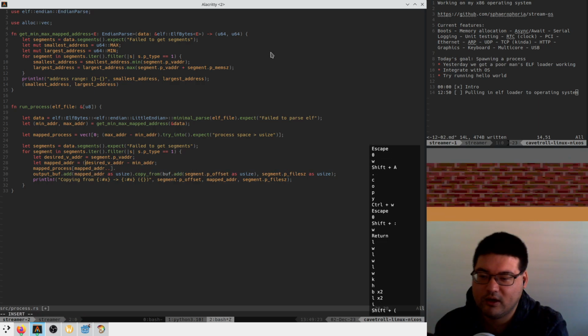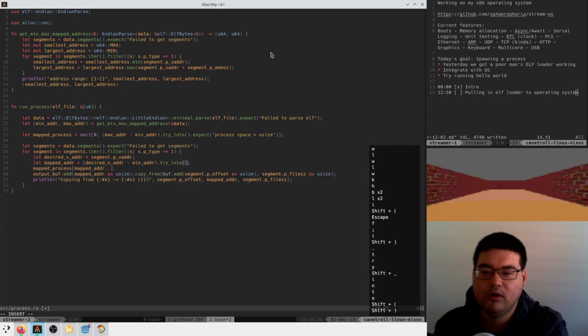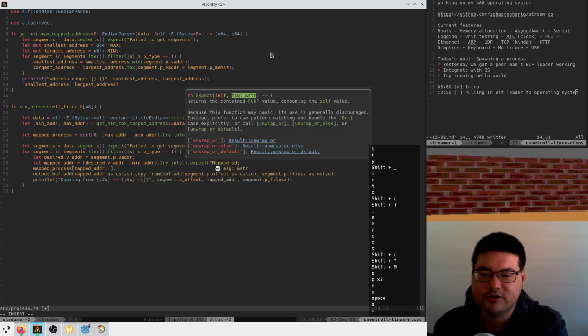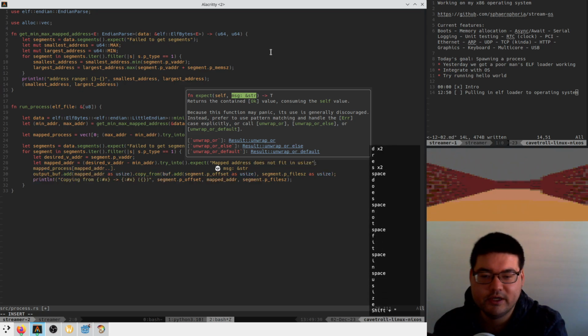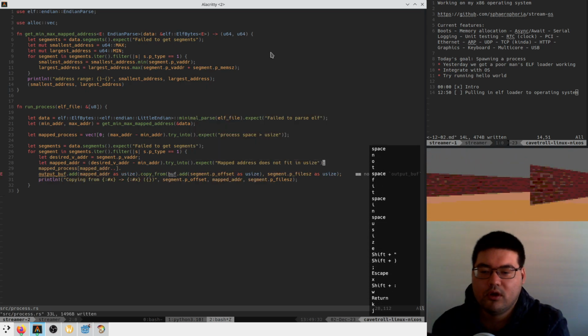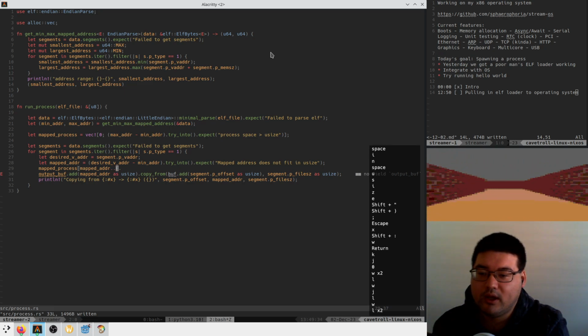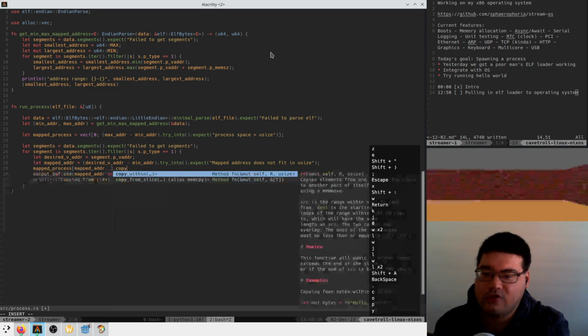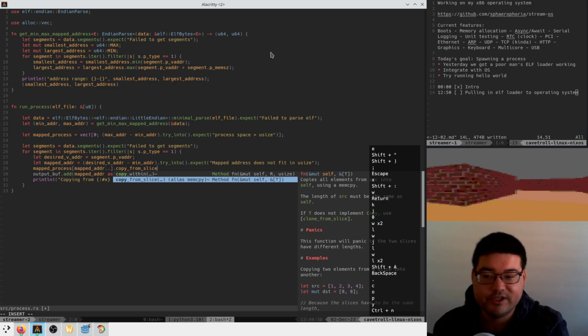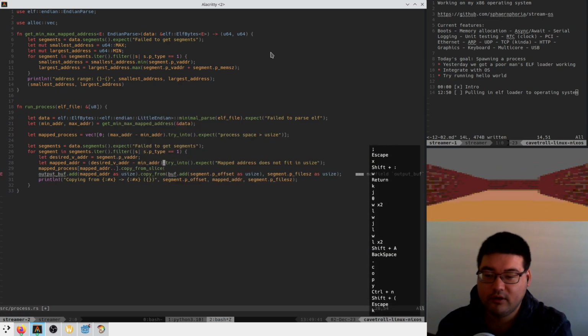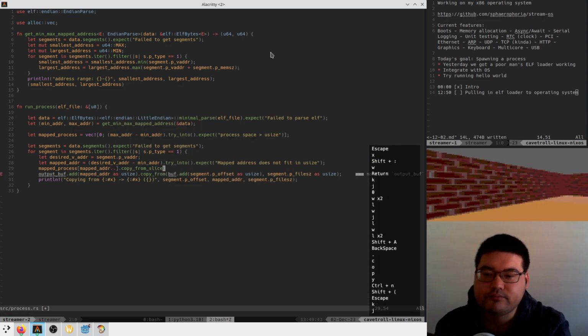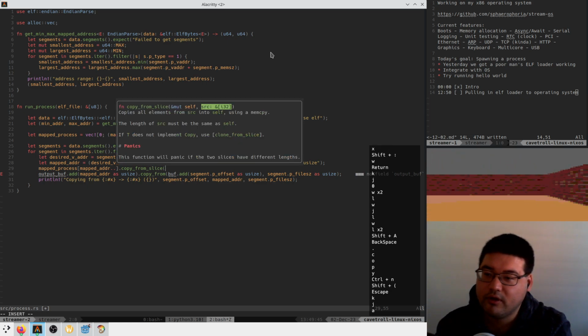This needs to be cast to a usize. So say mapped address does not fit in usize for now. And what APIs do we have? I think there's a copy from slice. Nice. And where we're copying from is the input file